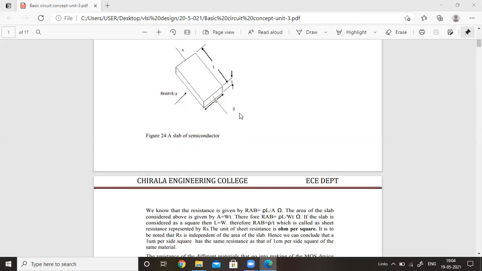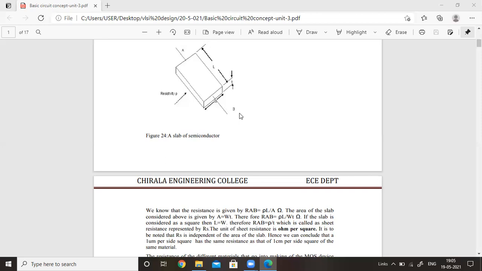Okay, because the diffusion layer has a width of 2 lambda, and the polysilicon also has a width of 2 lambda. And remember, the length of this transistor depends upon the width of the polysilicon. This is another very important thing you have to remember: the width of the polysilicon determines the length of the transistor channel. And the width of the diffusion layer indicates the width of the transistor channel. That is the main thing you have to remember in this case.